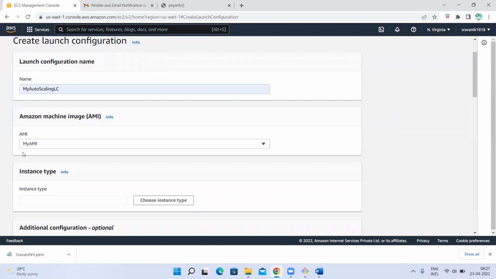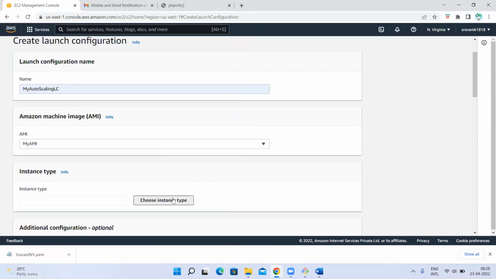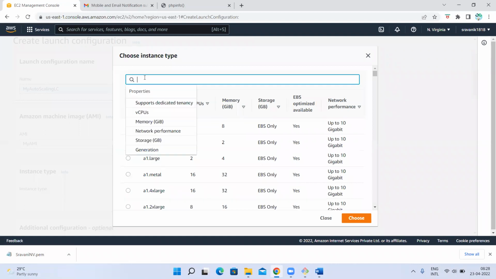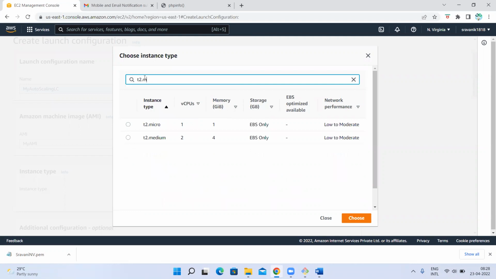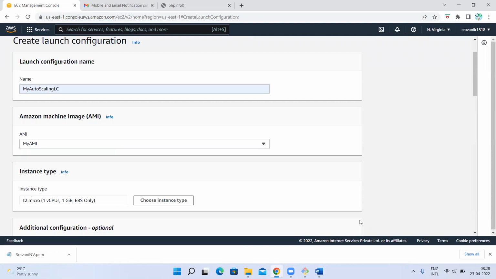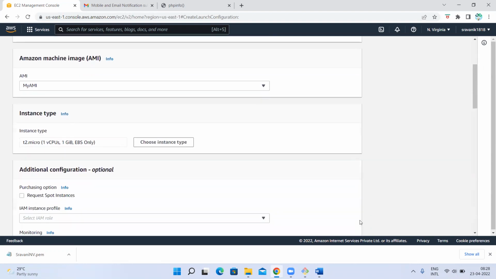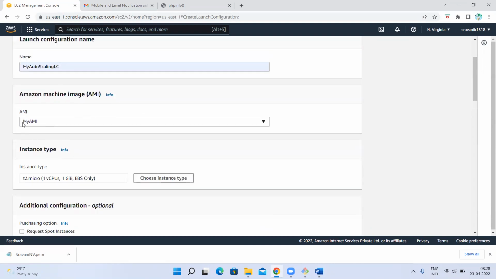Now the instance type: which type of instance it has to launch. Whenever my auto scaling group is going to launch new instances, what type of instance it has to choose. I want to choose T2 micro, but based on your requirement, you can choose another type. So whenever my auto scaling group launches 2 desired instances, or if any one of them gets deleted it creates one more, or when the load is high it creates a new instance,